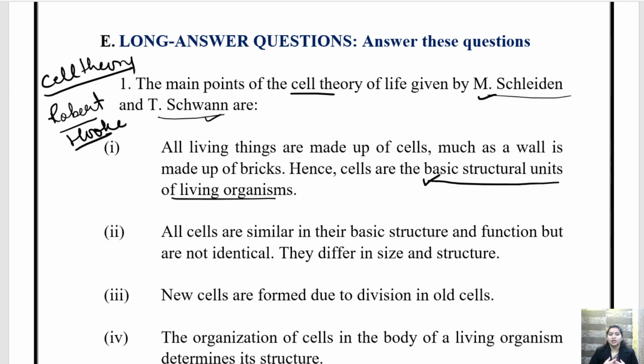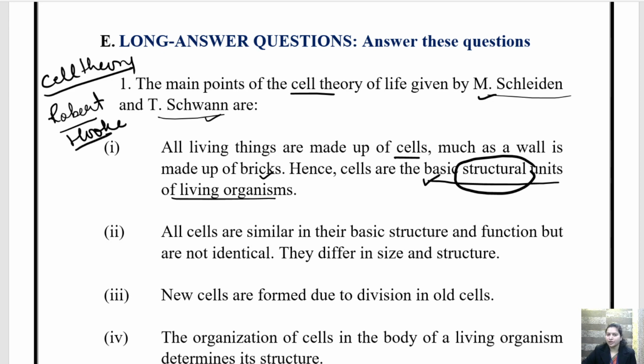All the functions that we perform, like starting from inhaling till formation of energy, till exhaling the carbon dioxide, and all the functions that our organs perform, everything is governed by cell. All the functions take place inside the cell. The organelles that are present inside the cell perform these functions. Okay, that is why Schleiden and Schwann proposed this first theory, that is, cells are the basic structural unit of life. Okay, that is, all living things are made up of cells, much as a wall is made up of